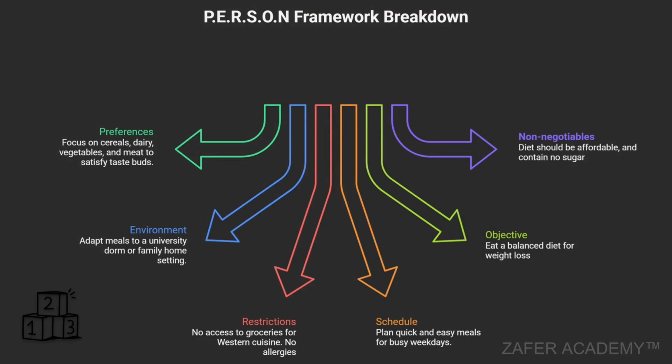So we have preferences. For example, in the case of dieting, we are focusing on cereals, dairies, vegetables, meat, in order to satisfy taste buds. That's the person's preference, right? So the structure of this dieting plan basically must be in a way that